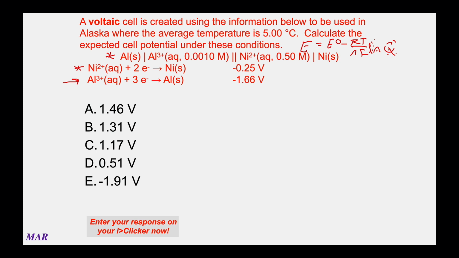And like I said, flip the aluminum reaction around, positive 1.66 minus 0.25, whatever that is, that's E naught. That's the standard conditions for this reaction. Then RT over NF,